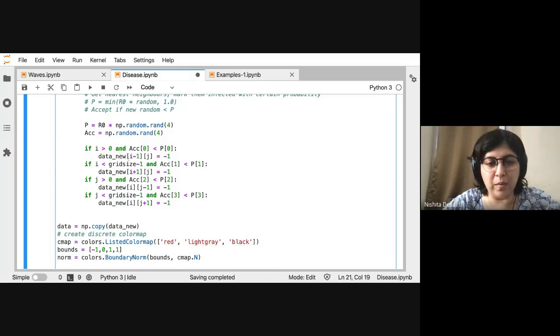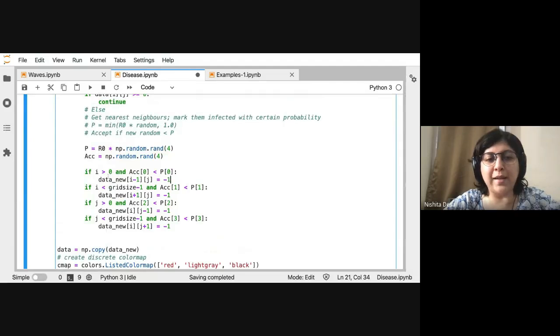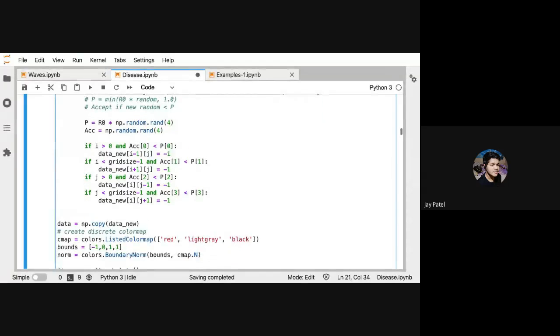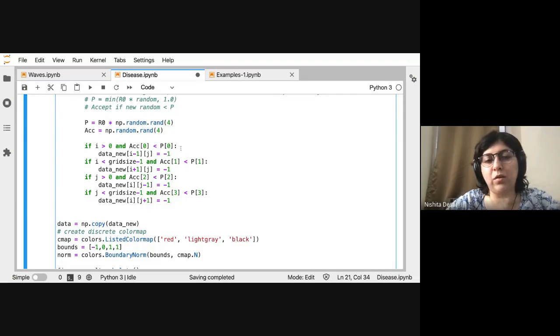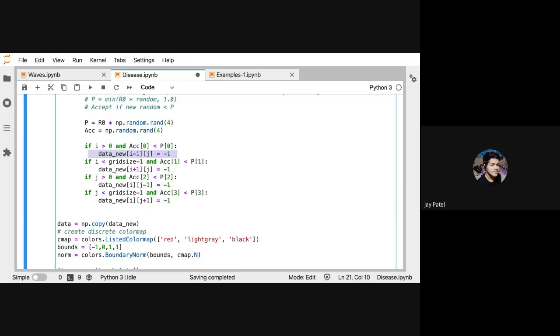So you remember when I go to I-1, I check first of all that I is greater than 0. If I is 0 and you want to try to set something for I-1, then you're going to get an out of bounds error, right? So if your infected guy is at the border, then it does not have an I-1 neighbor to infect. So that loop will not run. It will skip, exactly. So this line of code will not run for that case.